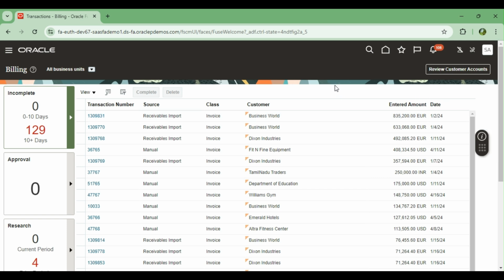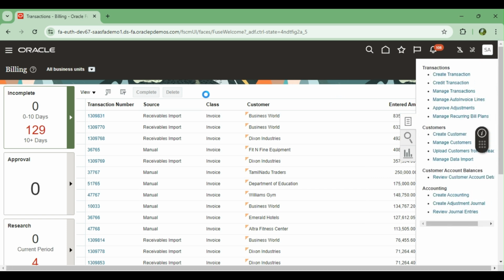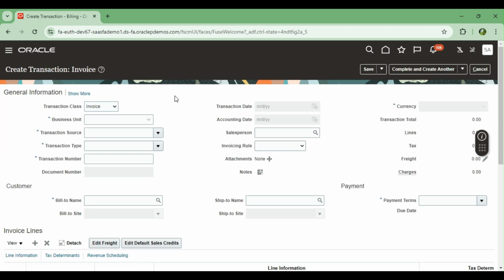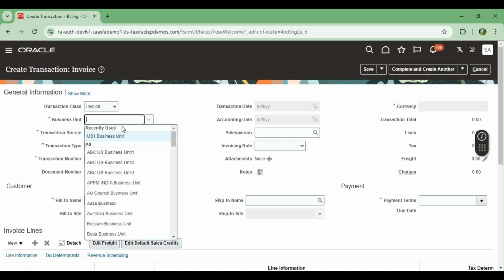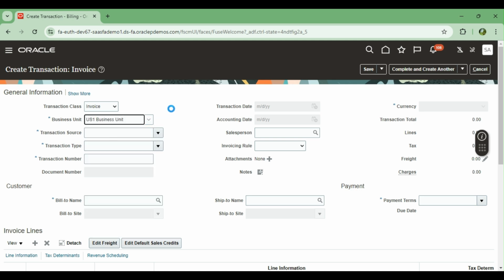Click on this task list. Click on create transactions. Now, as you can see, this is the transactions window. Create transaction. You have invoices over here. The class is invoice. Business unit, you should use the US business unit 1, and transaction source is manual and